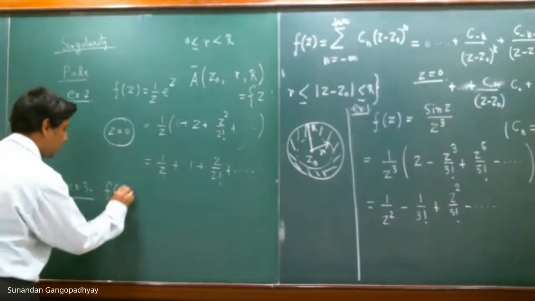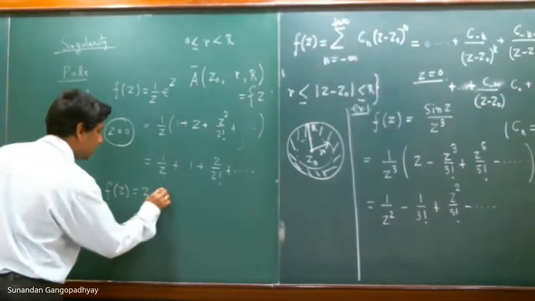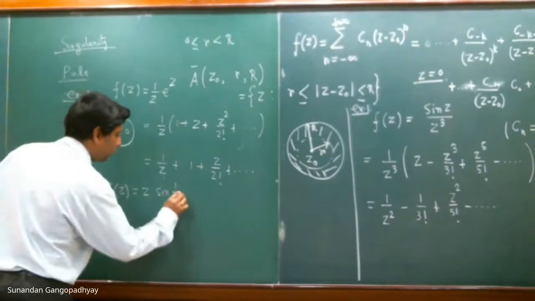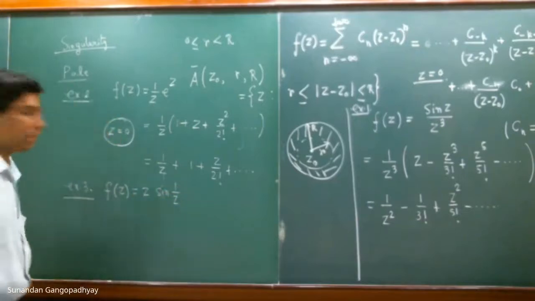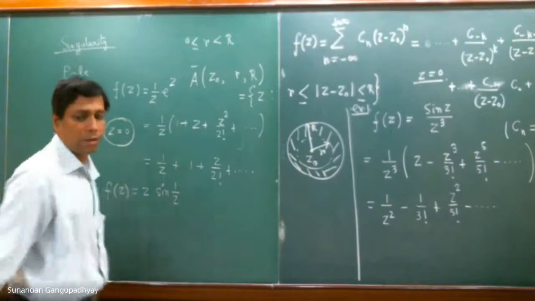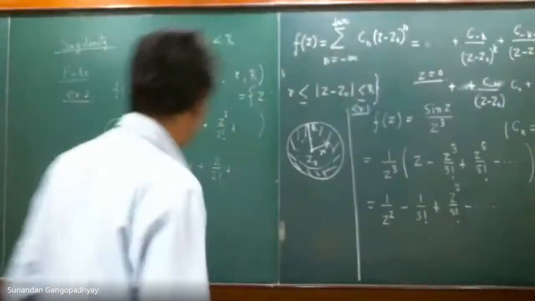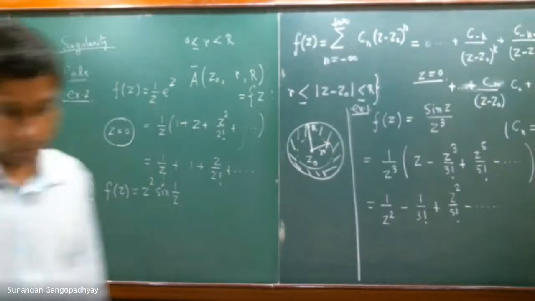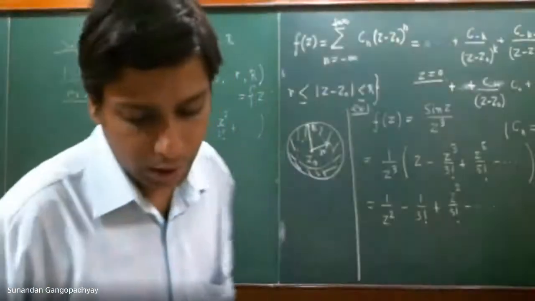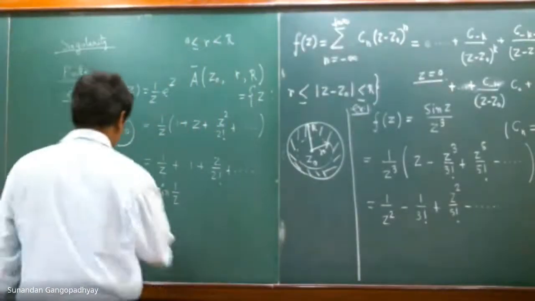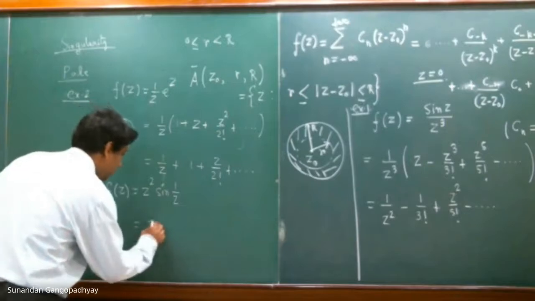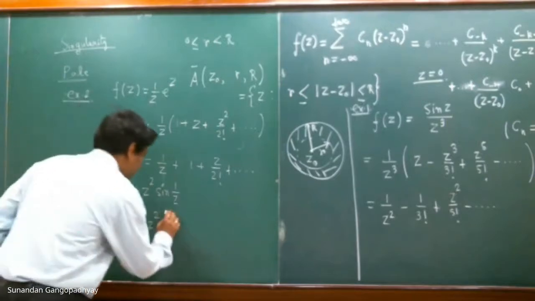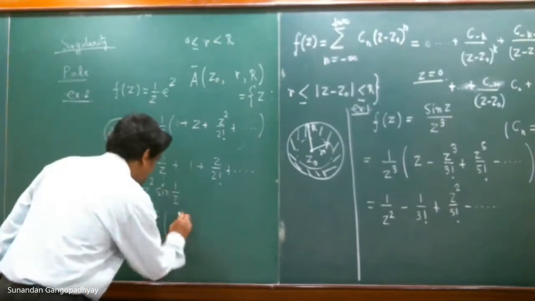f(z) is equal to z squared sine of 1 by z. This is very interesting. This particular function is quite interesting. Let us investigate the singularity structure of this function. So this is z squared. What will this one be? This will be 1 by z